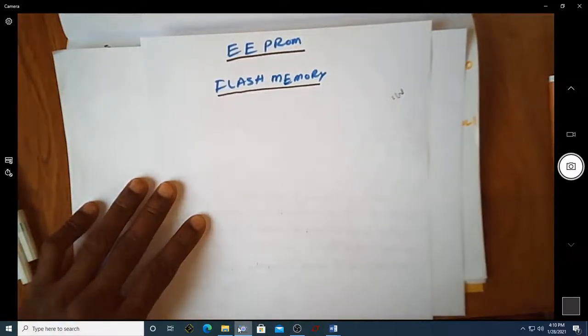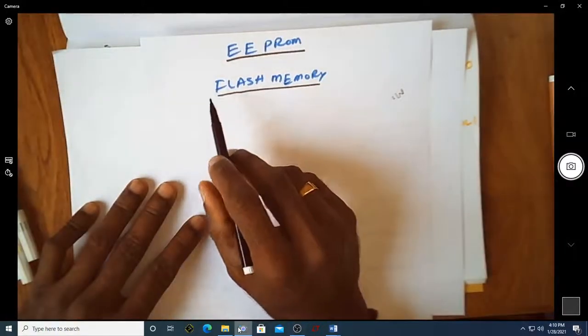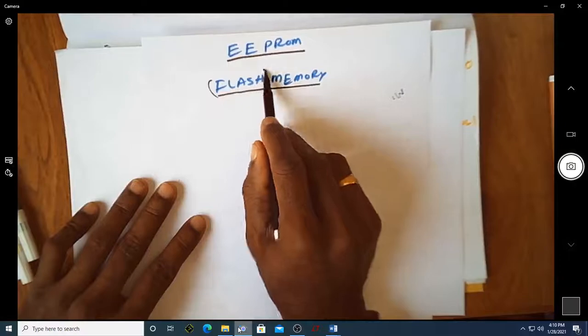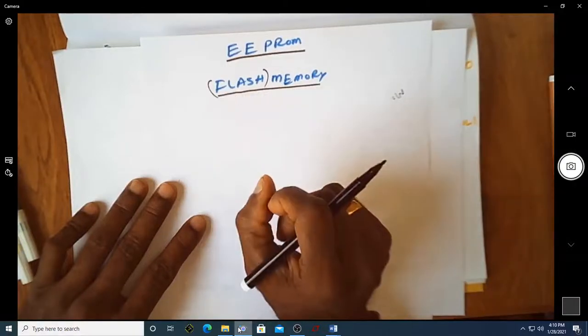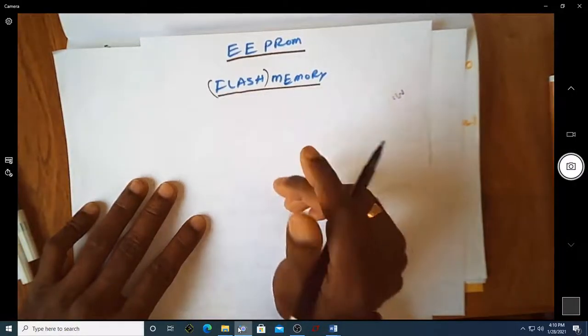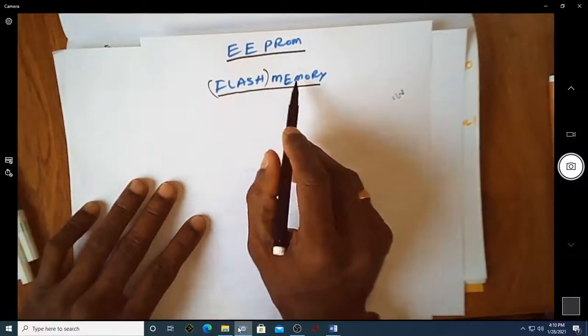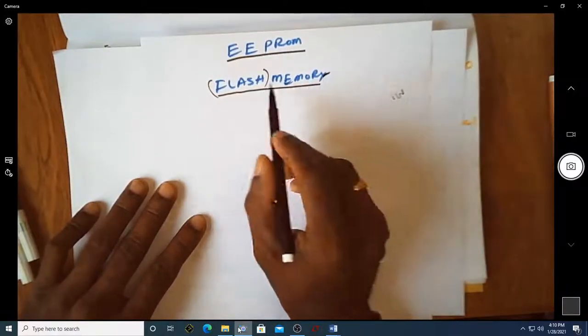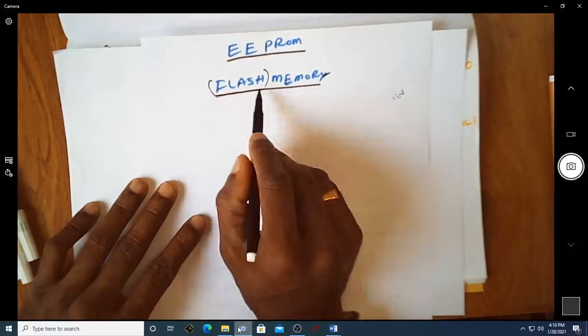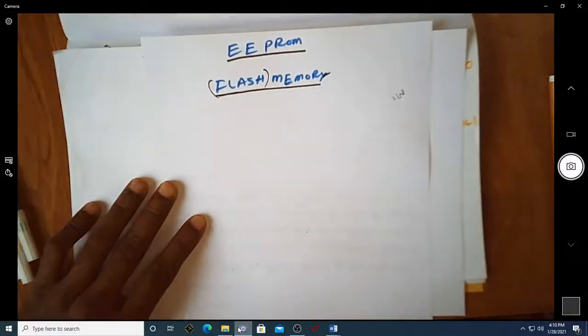As the name itself indicates, we can do some operation in a flash. Flash means within a fraction of a second we can do some operation for the memory. The flash in this particular case is you can take out the content, or you can reset, or you can make the stored values in any of your MOSFET to be zero.